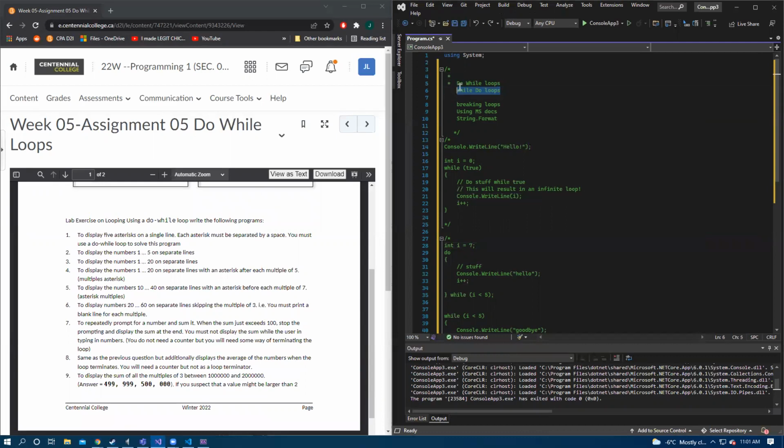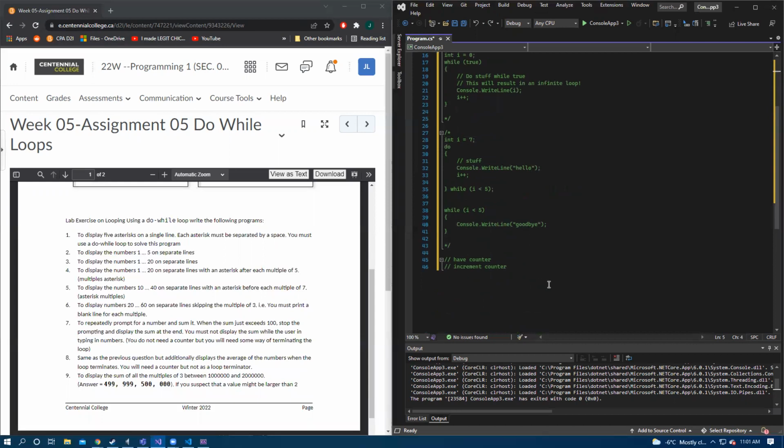Yeah, so with what we talked about today, with the do while loop and the while do loop, all of these are relatively straightforward. You could use either kind. So long as you remember that you need the counter, you have to increment the counter, and you have to have the counter in the while condition, folks should be fine. That counts your loops, basically, like how many times it's going to execute the loop.